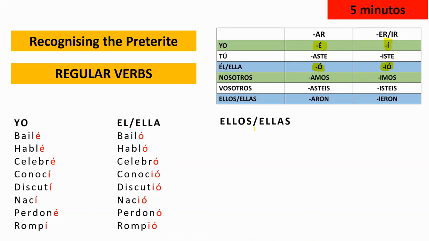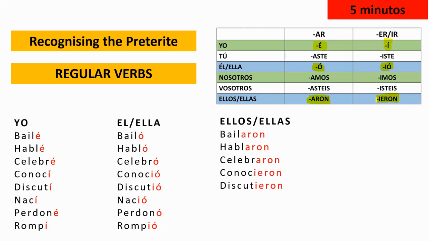Next one, ellos and ellas. Bailaron, A-R-O-N, that is your ending for ellos and ellas with an AR verb. Hablaron, celebraron, conocieron, I-E-R-O-N is your ending for ER and IR verbs in the they form. Discutieron, nacieron, perdonaron, rompieron. So all these ones that end in this ron, you know that they are in the